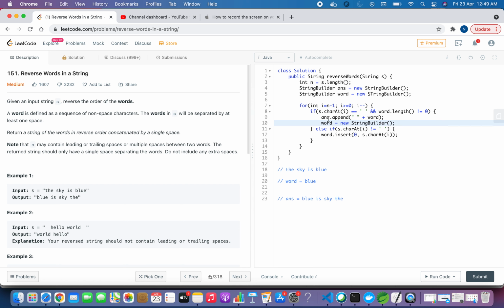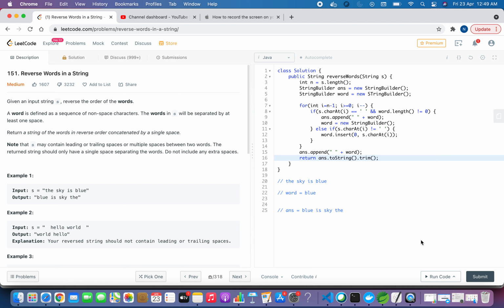I think we are good over here. Now when all the iterations are over, we will have a word which is not yet appended. So after the end of the for loop, we can append it to the answer and then return the answer. Also you will notice that we will always have one extra leading space in the answer, so we can trim it as well.